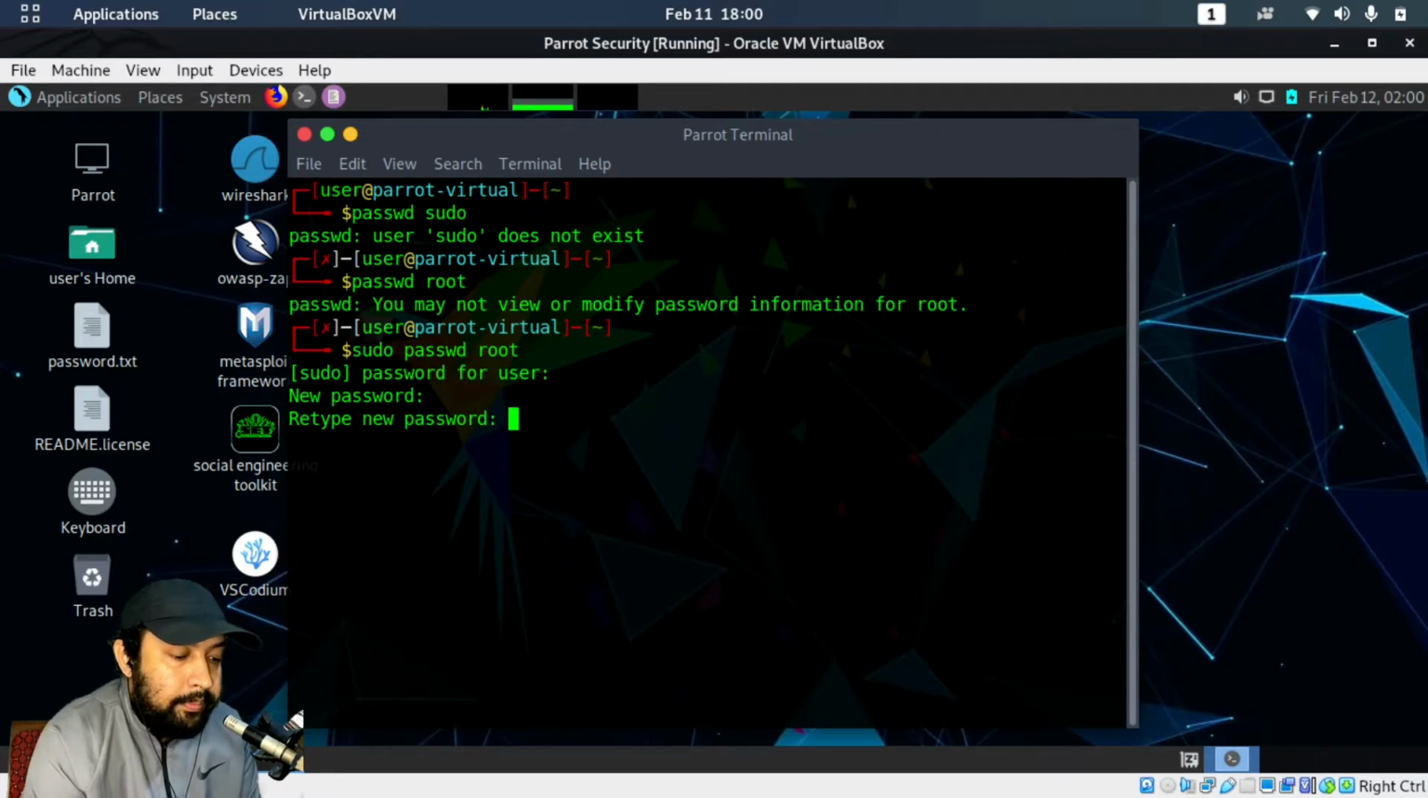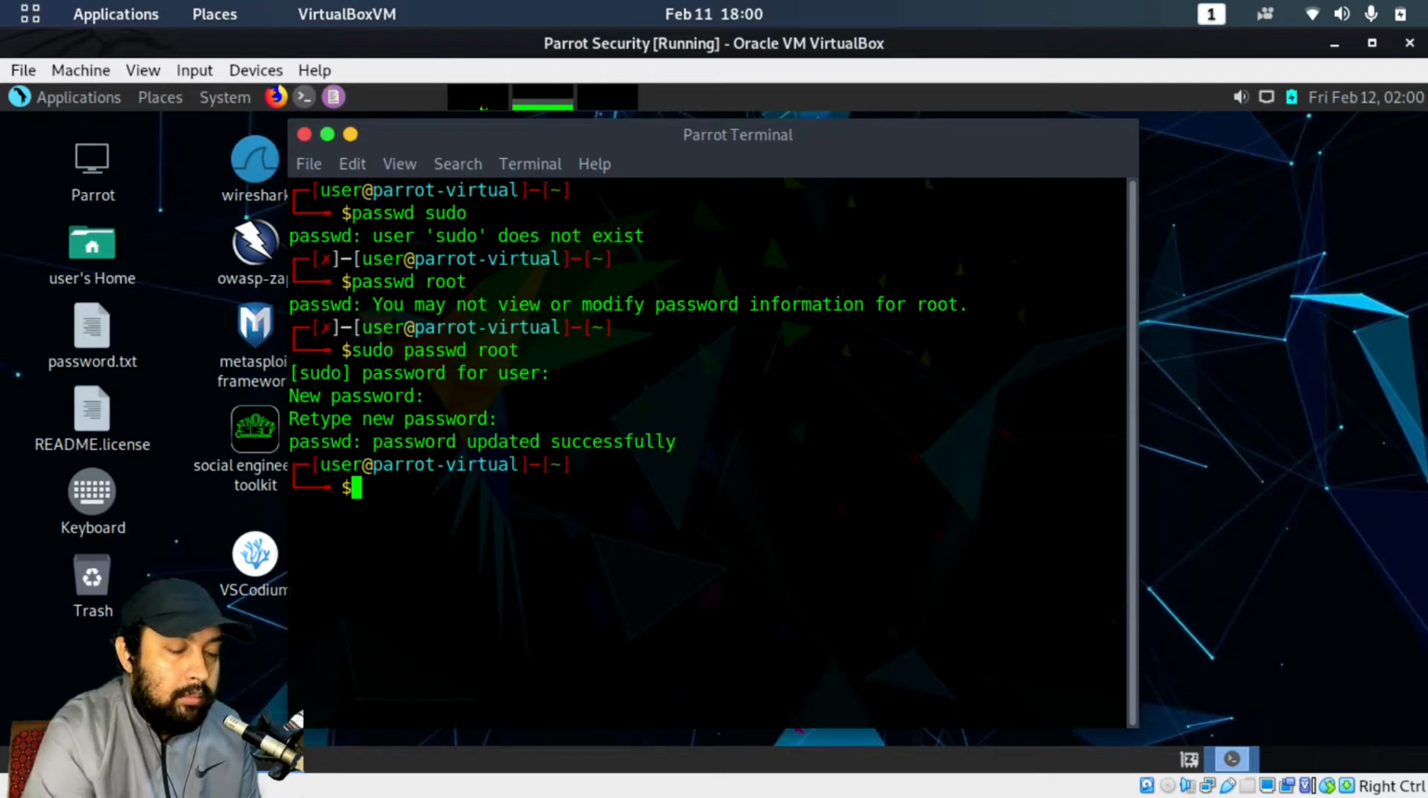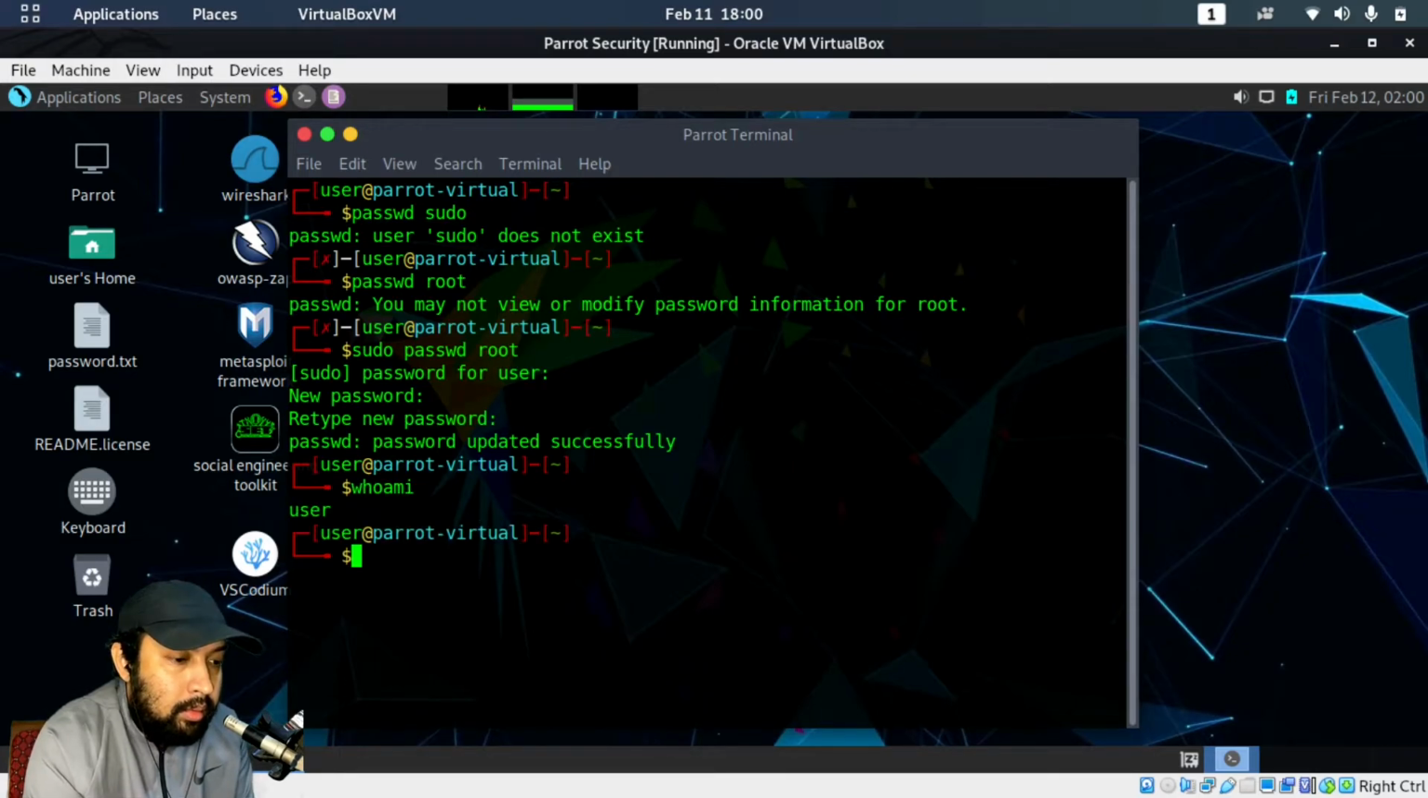And then retype. And the password is updated successfully. Now we have changed our current user. The current user name is user. We have changed user's password, and also we have changed